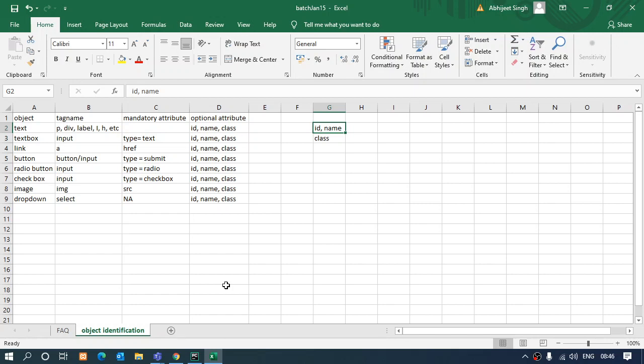Okay, I'll just repeat what I said in the last 30 to 40 seconds. I just said that if some element has the ID or name optional attribute, you can uniquely identify it. But when you talk about the class attribute, the class attribute can be shared by multiple elements on the same page, because class is such an attribute which is responsible for the look and feel of the element on the page, right? So if you have to extract multiple objects, then you can use class attribute, otherwise you can use ID or name attribute. Okay, clear?